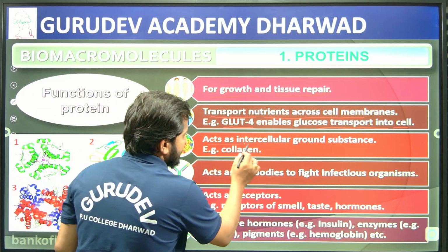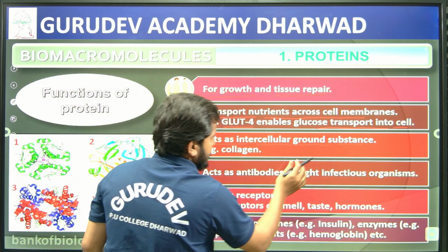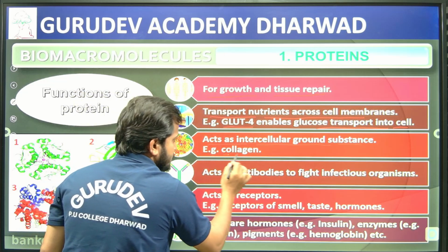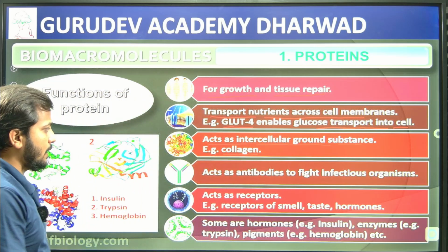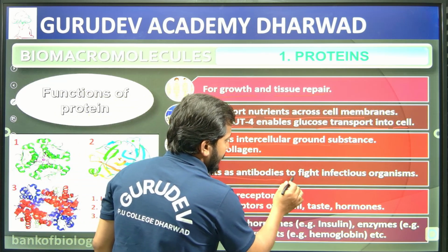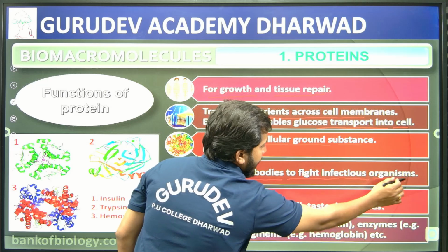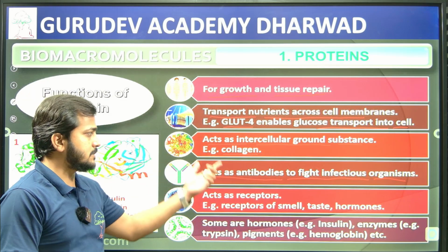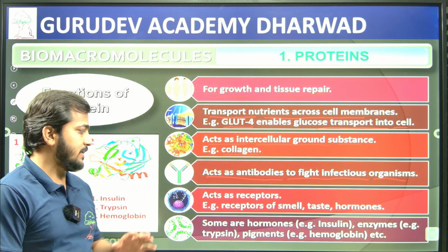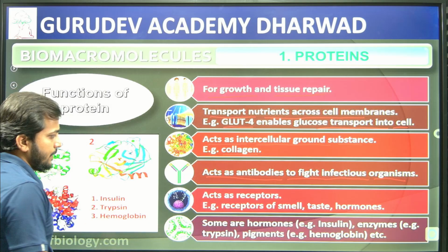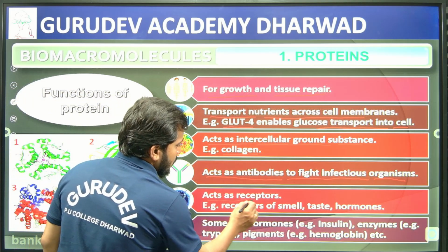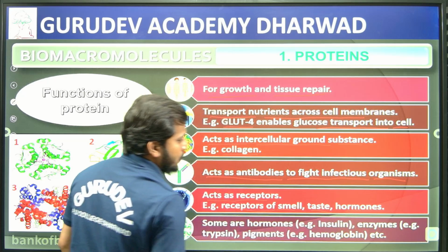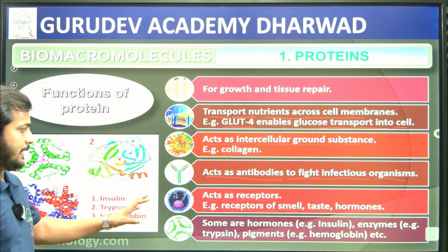Even it can act as intercellular ground substance. Who is going to act as intercellular ground substance? Protein. Example is collagen. And it acts as antibodies to fight infectious organisms. So antibodies are even known to be proteins, which will fight against infectious organisms or pathogens, as we call them. Even it acts as receptors, mainly receptors of smell, taste and even hormones. That is what you are going to find. So they even act as